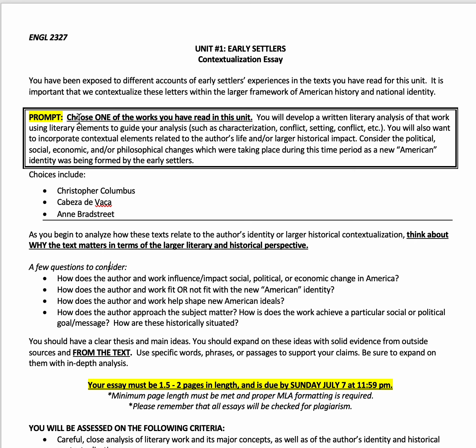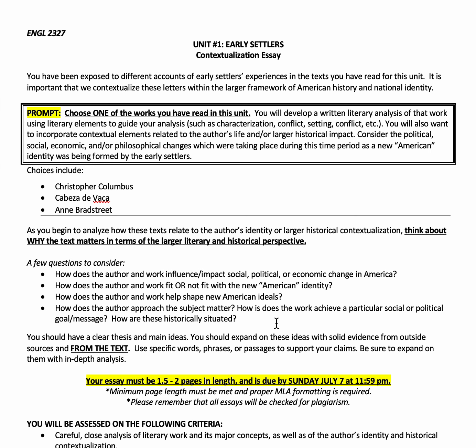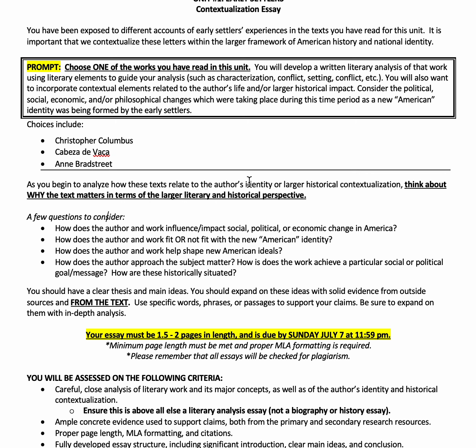So that means at the top left corner, you will have your name, the instructor's name, the date, and the course and section number. You'll have a page number in the top right, a title, and everything must be 1-inch margins all around, size 12 point font, Times New Roman, Calibri, Cambria, or Arial.